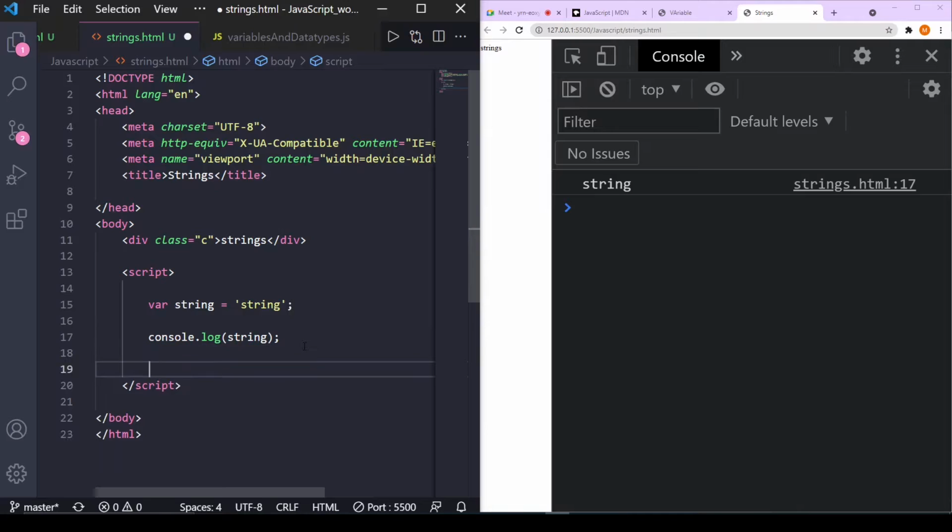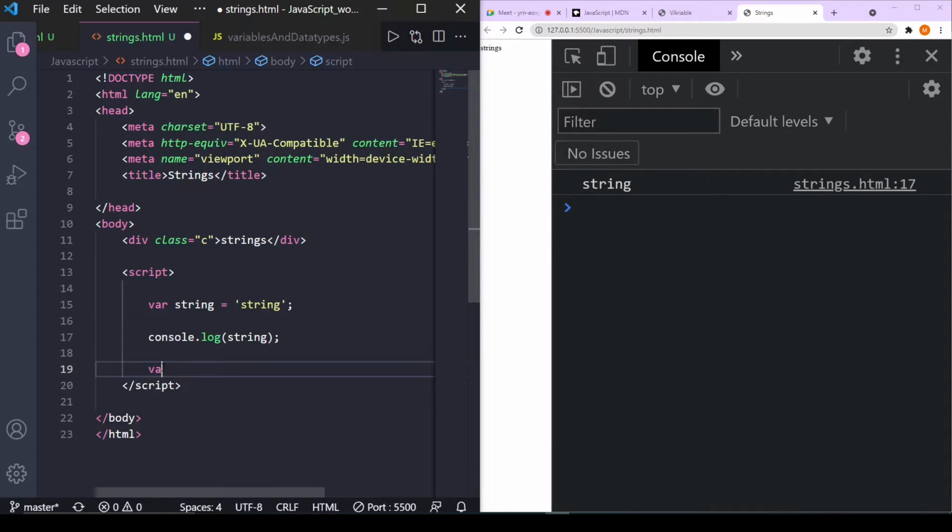Now, if we want to concatenate strings, let's say I have this string and I want to add another word to it. There are two ways: first is string functions, and second is the plus operator. The plus operator is used for addition in the case of numbers, and in the case of strings, it can be used to add two strings. We will see how we can use it to add two strings.